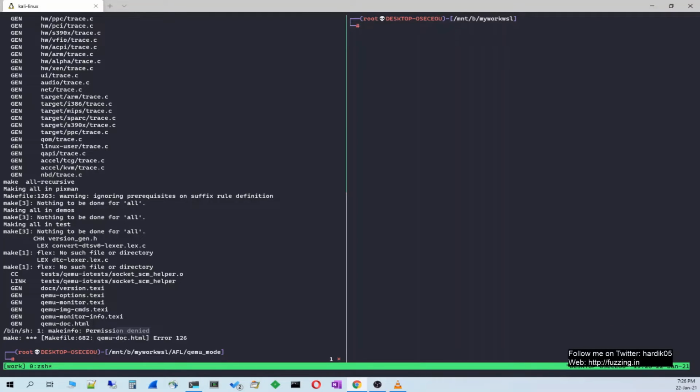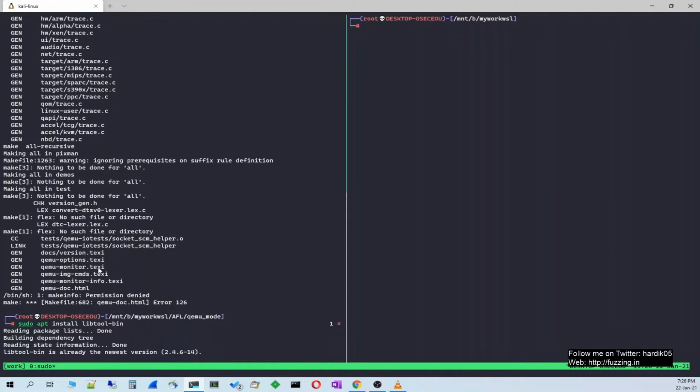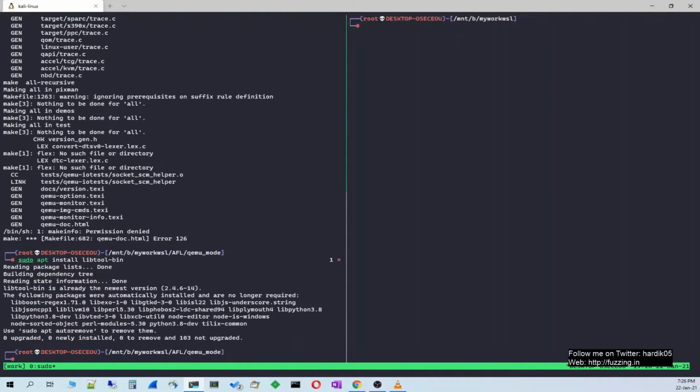Generally I found that there are 3 dependencies which you need to install, and one of them is libtool-bin. For that you can run the command sudo apt install libtool-bin, and it will install that dependency. The second dependency it can complain about is bison. You can use the command sudo apt install bison.